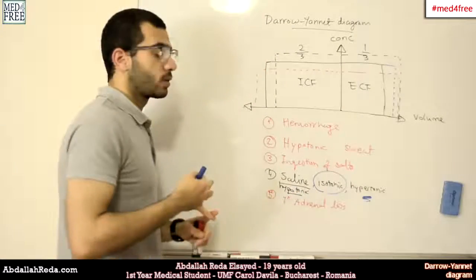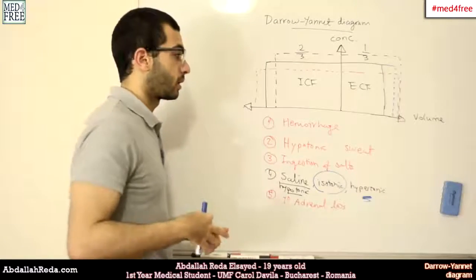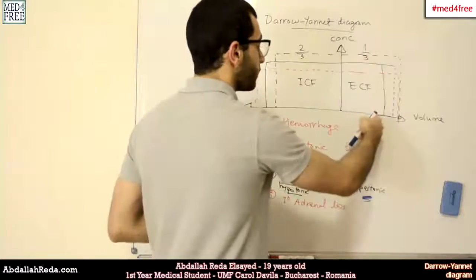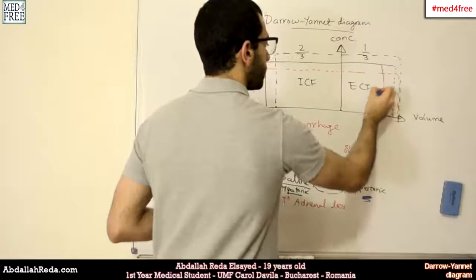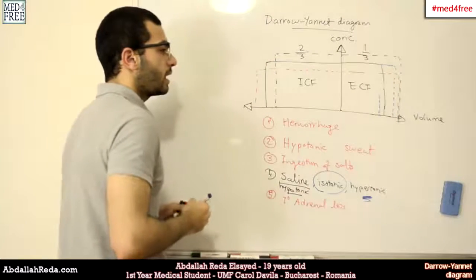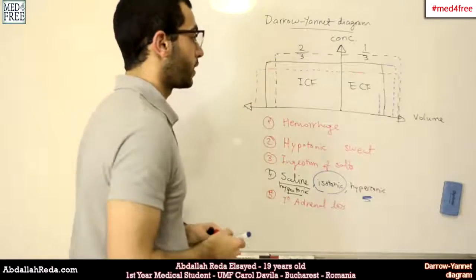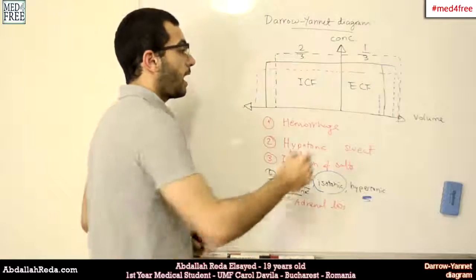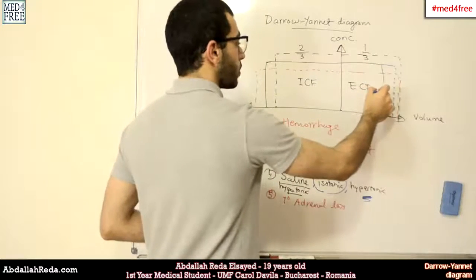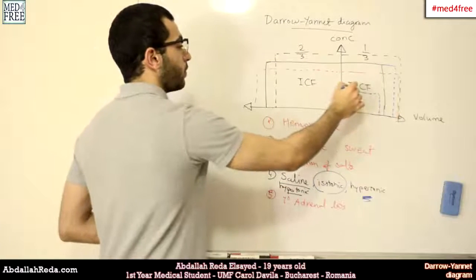So the salts are lost, the particles are lost, and some of the fluid itself is lost. So we have a decrease in volume and concentration, but the decrease in volume is not higher than the decrease in concentration. So the concentration here will have the upper hand, and it will also affect the intracellular fluid, so